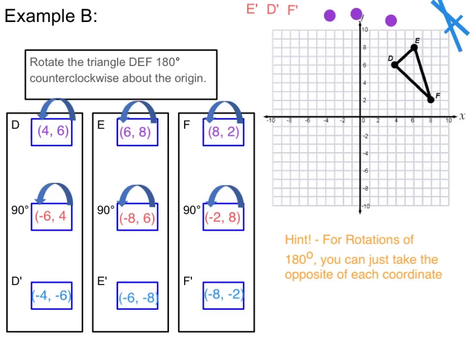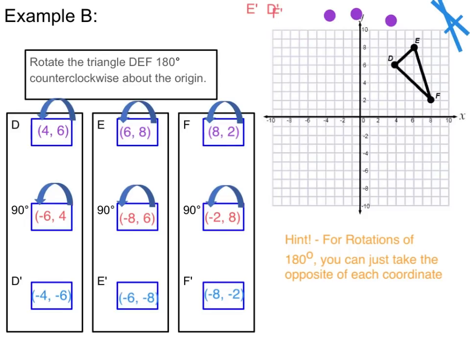Again with E, my original point was positive 6, positive 8. My final point was negative 6, negative 8. With F, my original point was (8, 2), and my final point was (-8, -2). So when you're rotating 180 degrees, you can just take the opposites of the points. You don't have to do any of the flipping multiple times that we did. It will work that way. But if you can remember this trick for 180 degrees, you can save yourself a lot of time and a lot of energy. So now that we've got our final points, let's go ahead and put them on the coordinate